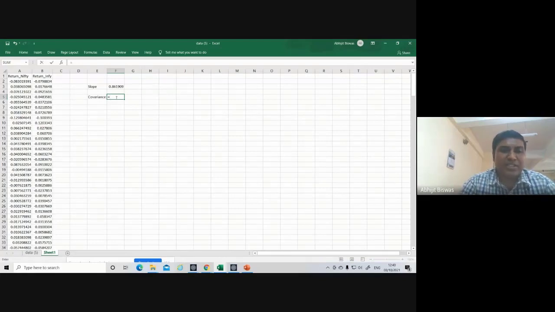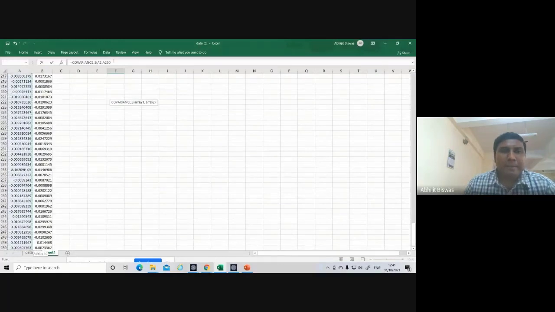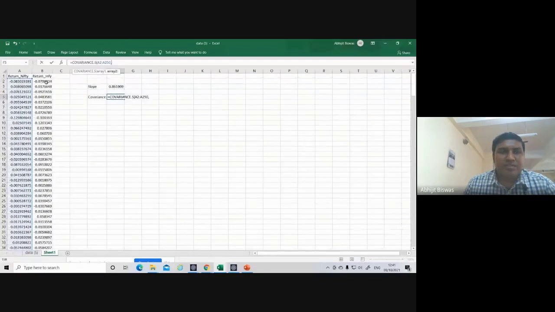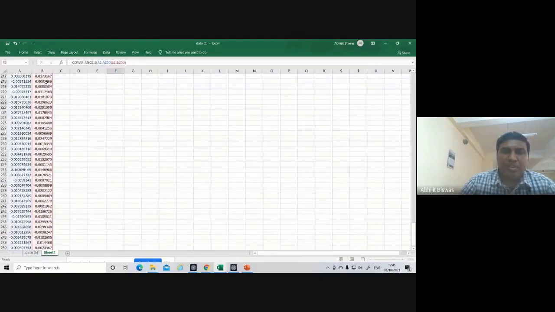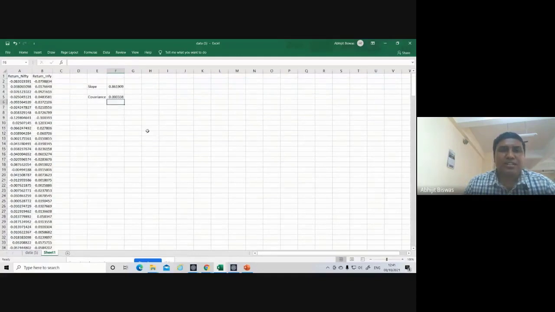For that there is a function in Excel called COVARIANCE.S. Now you just have to choose array 1 and array 2. Here you need not specify which one is X, which one is Y. So this is array 1, comma, this is array 2. So I have got covariance.